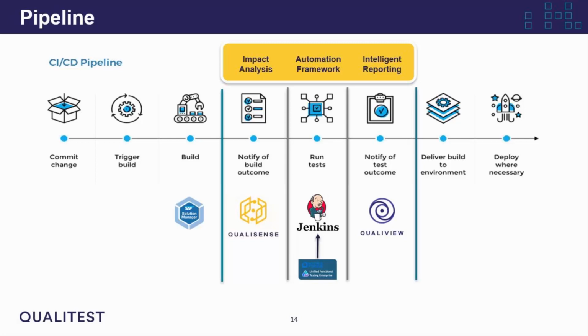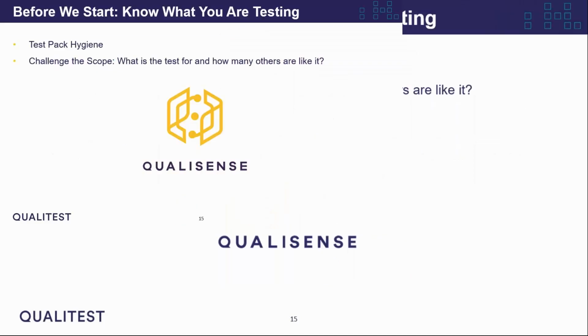Dan's going to start off now, and we'll hand over to him to show you the power of this tool and how it works, and take you through the demo of this process to really show you the meat and bones of this approach. Again, focus on the 3 steps. As the change is made, we do impact analysis, send that information to the automation framework to execute, and follow up with intelligent reporting. Dan, over to you to show the value of all of this.